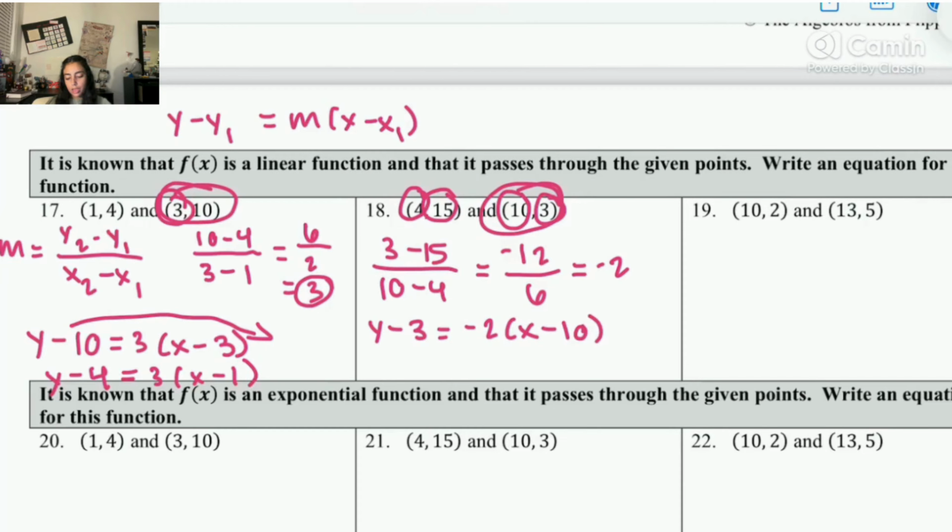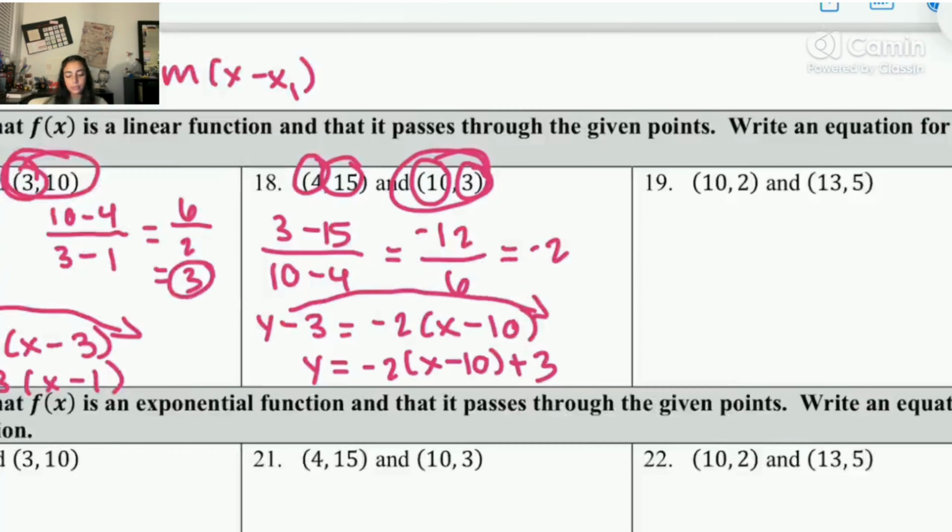minus 10. You could also rewrite that as y equals negative 2 x minus 10 plus 3 if you want to move this to the other side. Or use the other coordinate pair, so y minus 15 equals negative 2 times x minus 4. But it's up to you. Then right here,